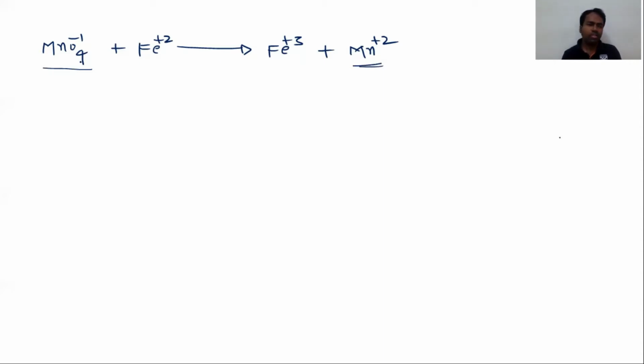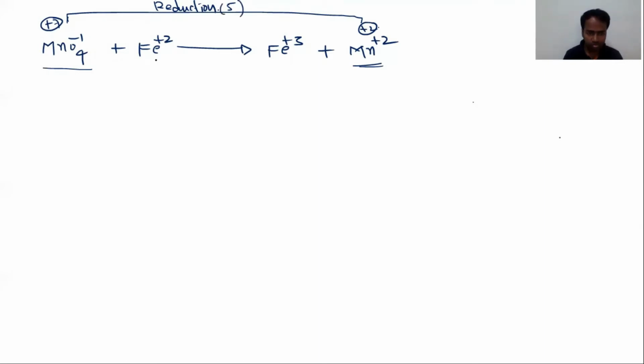Okay, the first step is we need to find the reduction and oxidation. Which species undergoes oxidation, which species undergoes reduction. Let us find: here manganese oxidation state is plus 7, here plus 2. This is a decrease in oxidation number. A decrease in oxidation number is called reduction, gain of electrons, reduction. So what is the change in oxidation number? 7 minus 2, 5. I want only the difference.